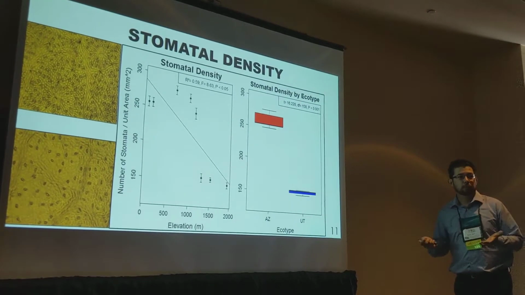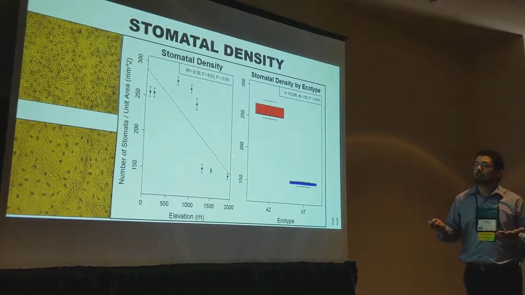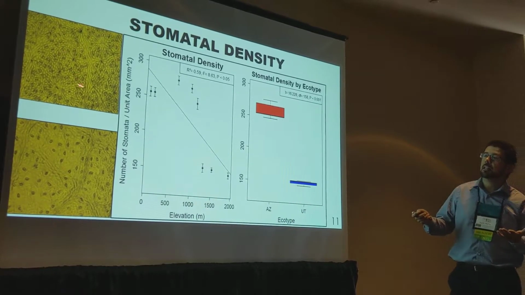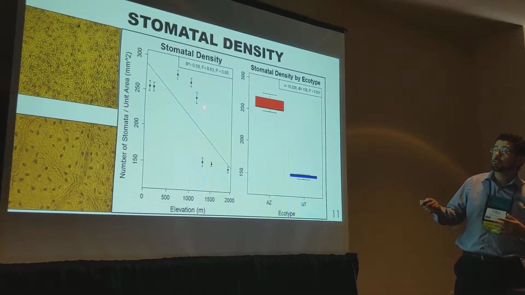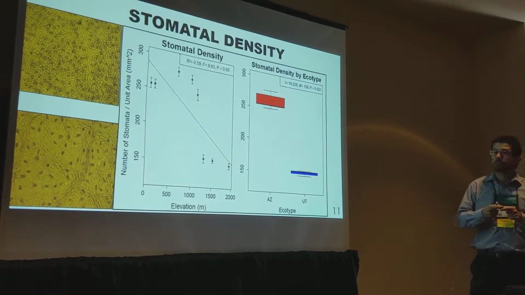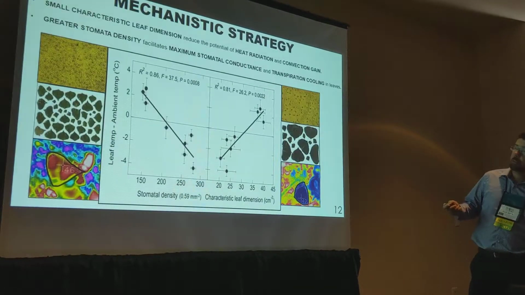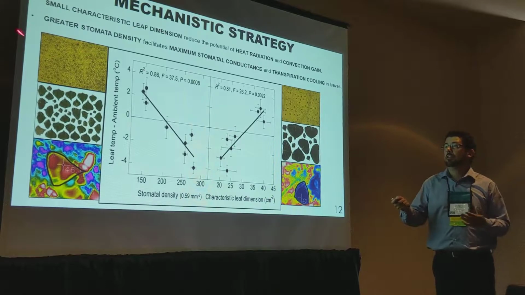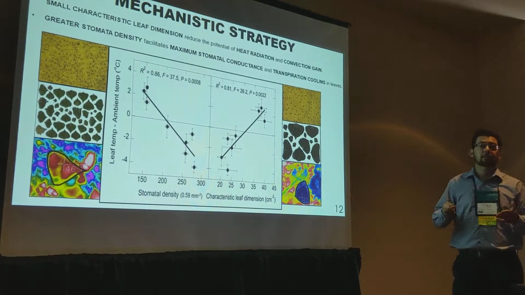Stomatal density. Stomata help with transpiration, and we see the same pattern here. Very abundant stomata in the low elevation population. As we start increasing elevation, we see bigger stomata, but much fewer stomata. So putting these things together, we're thinking that the abundant stomata and the smaller leaf explain the difference in